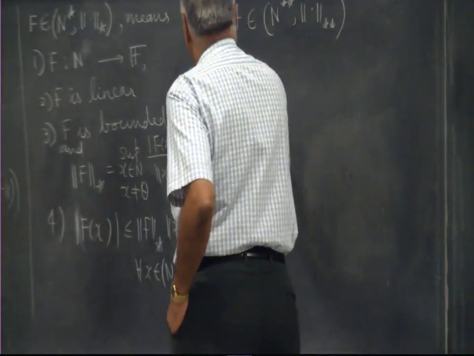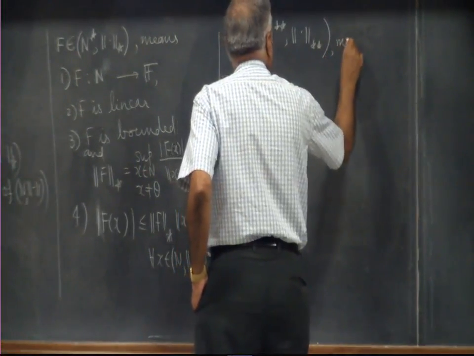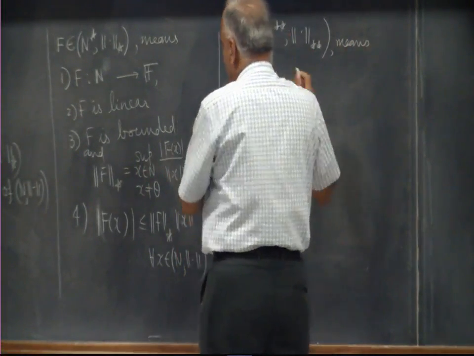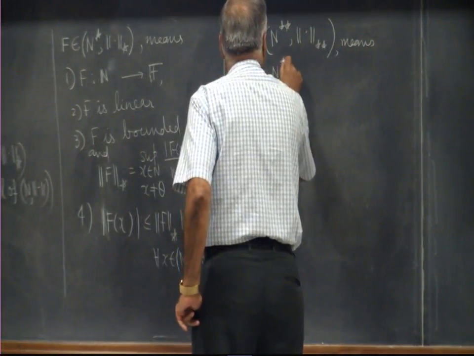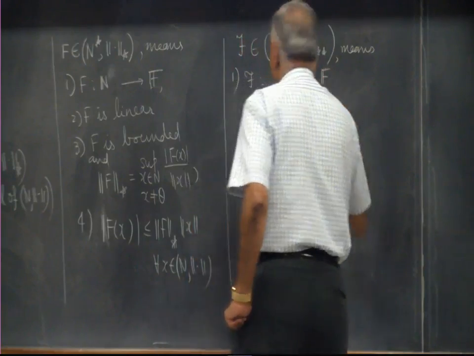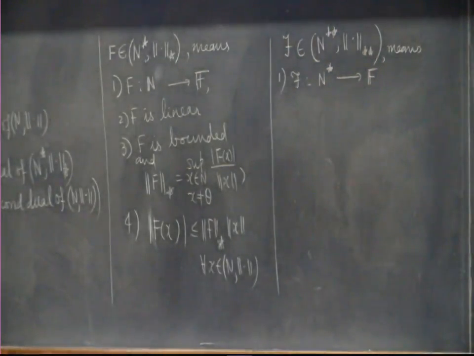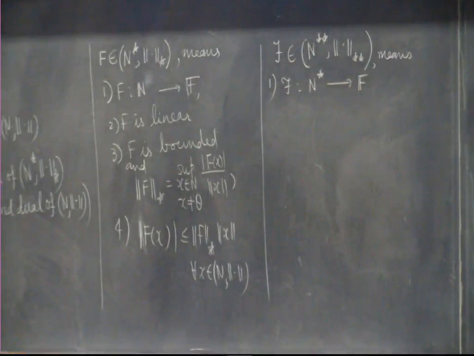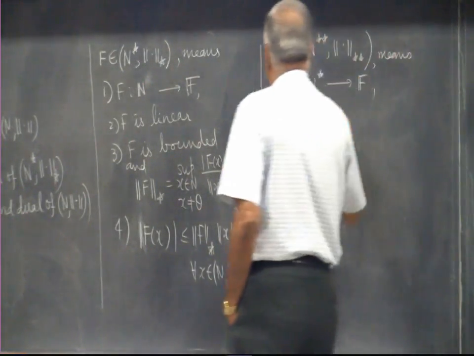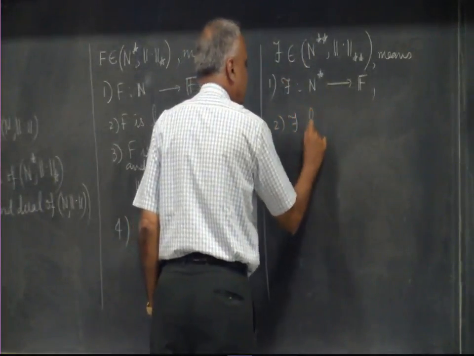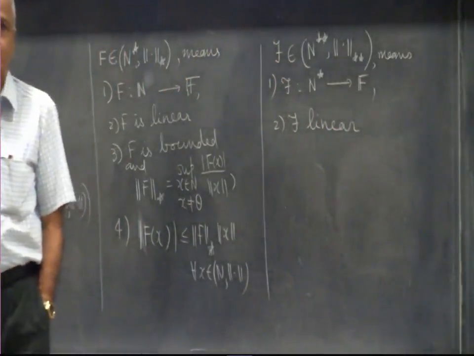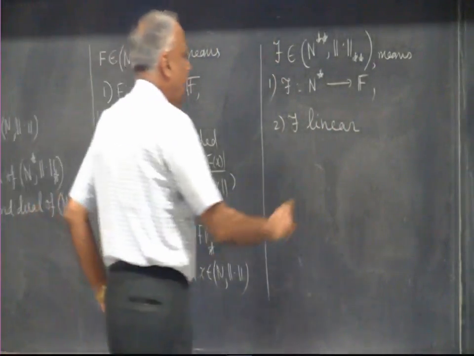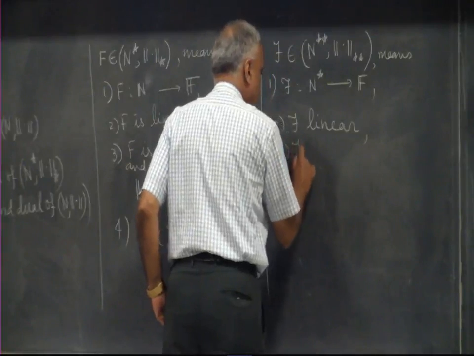what we have are the corresponding facts with a star shifted. First, now script F will be mapping from N star to F. It will be now attaching a number with every element of N star. Okay. And 2, script F will be linear. It will preserve superposition of elements of N star. 3, script F will be bounded,